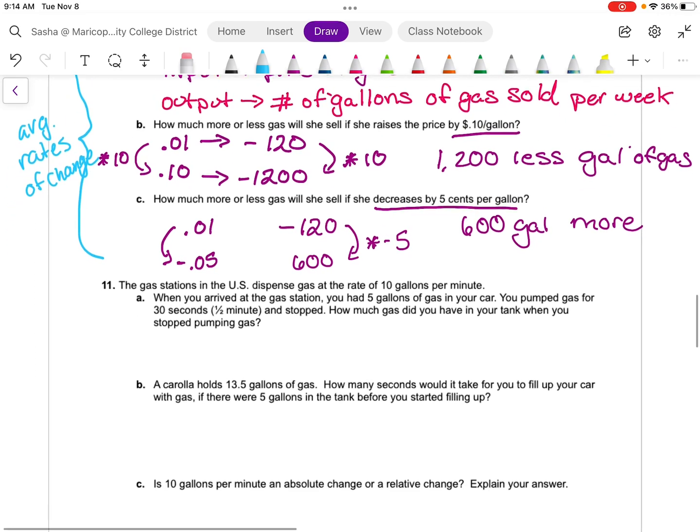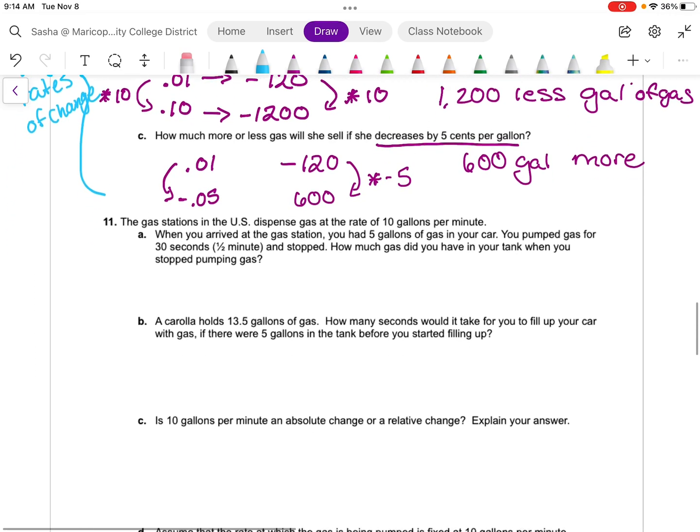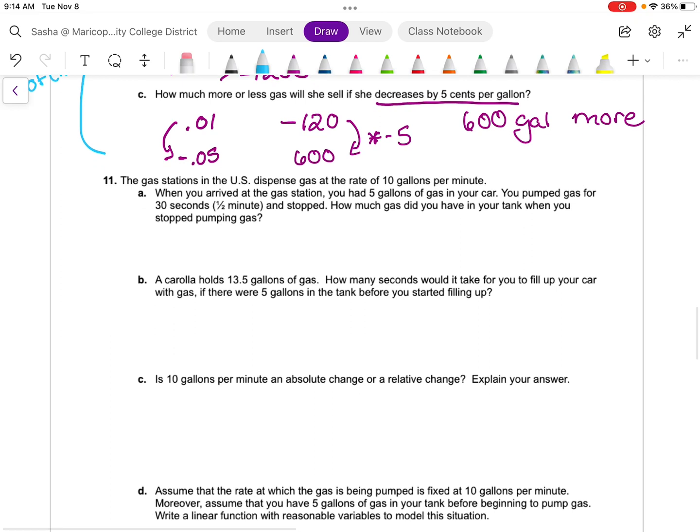All right, the next problem, we're actually going to be thinking more in line of creating a function. So gas stations in the U.S. dispense gas at the rate of